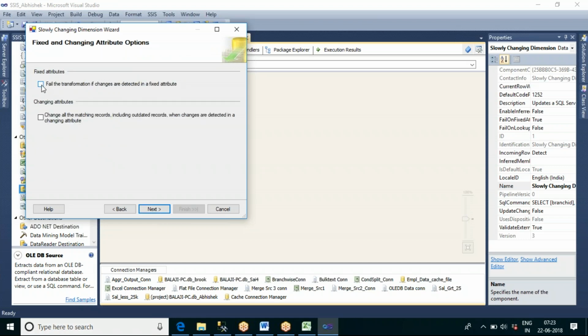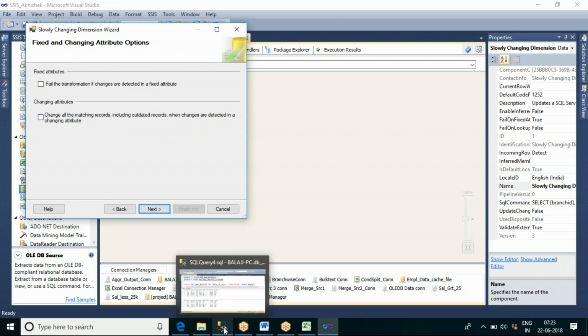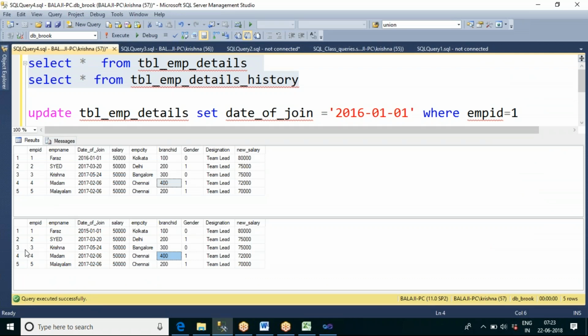Now, do you want to fail the fixed attributes? No. And for changing attributes, here, change all the matching records, including the outdated records. Suppose you have two records for the same employee in the historical table. For this employee ID 4, there are two records in the historical table. Let us say his designation is changed, then it will have two records.